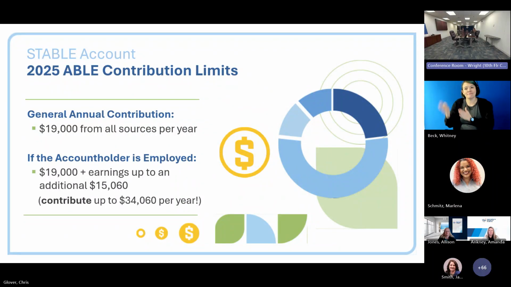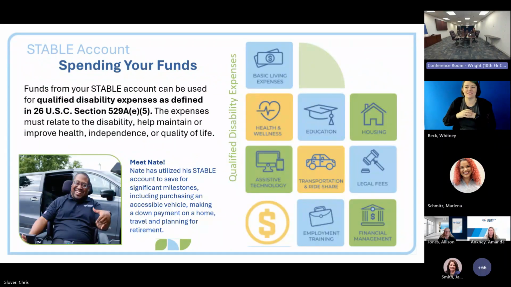I know I'm going fast, but I'm going to close out with what you can use the funds on, because all of us who are working use our paychecks on things that help our lives. So in order to qualify as a qualified disability expense, it must improve the health, independence, and quality of life. So these are just the icons of a lot of expenses we see, but it's very broad for